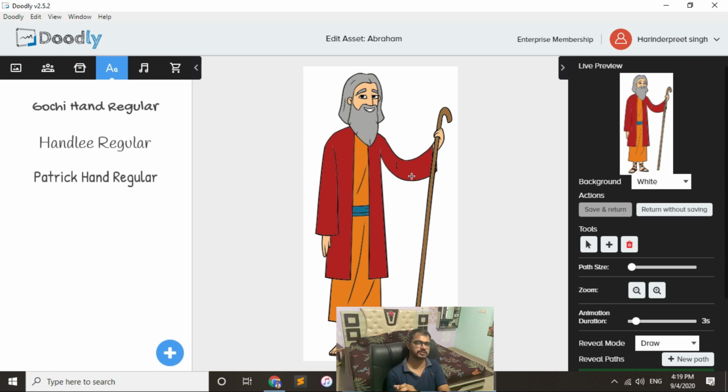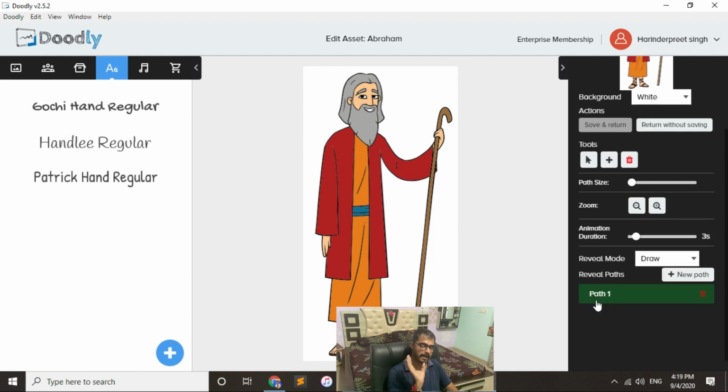In Video Subscribe you can't customize, but in Doodly you can. So I am just showing you a preview of the default. This is the path, as you can see, path 1. If you want to add a new path, click on new path, and then you have to connect the dots. It will start from the first dot and end where your last dot ends. Like this you can connect the dots, and it will draw the object as it is.